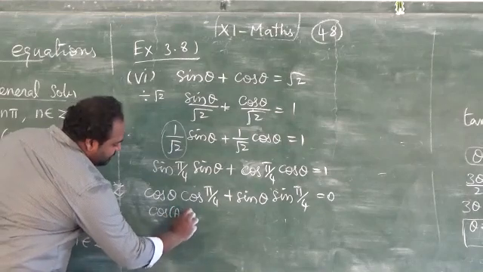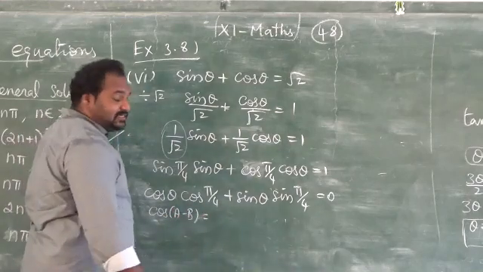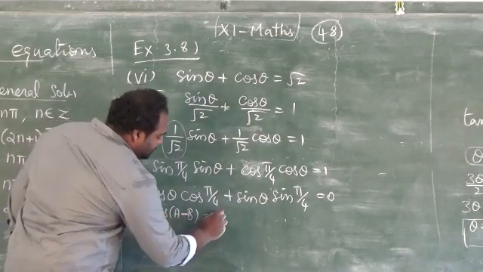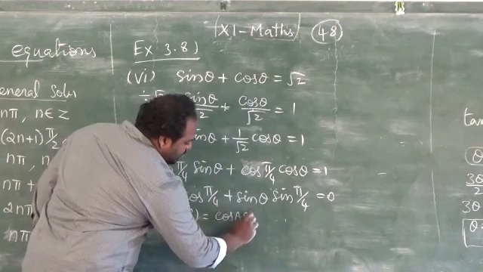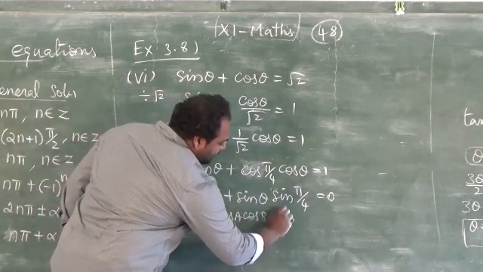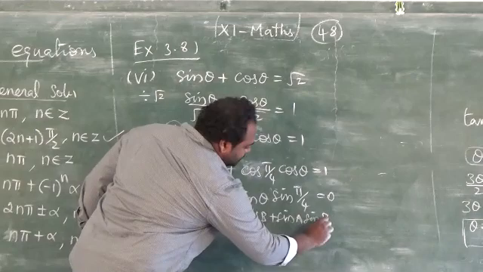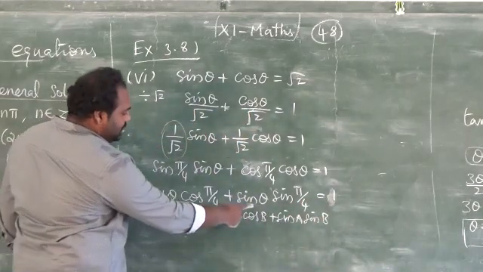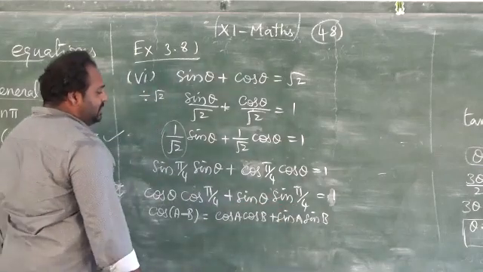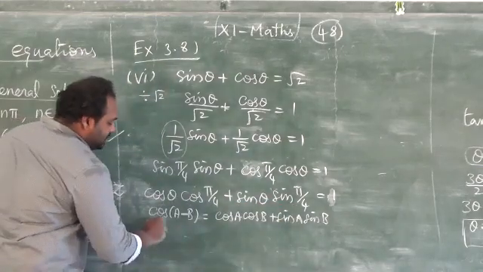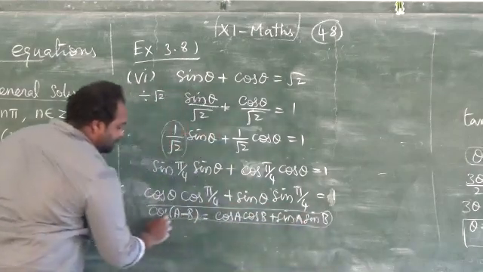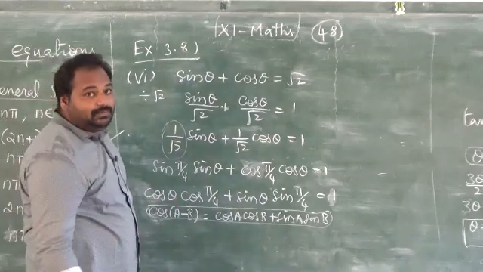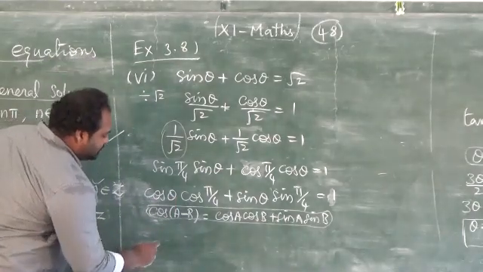The cos of A minus B formula, we have studied in previous classes. You have to recall all the formulas whenever you require. Cos of A minus B can be written as cos A cos B plus sin A sin B. Here the format is the same: cos A cos B, sin A sin B. So this can be written in the short form cos of A minus B. This formula I am going to use here. Just write the formulas near the steps, which will help you remember the steps in the future. Okay, next.